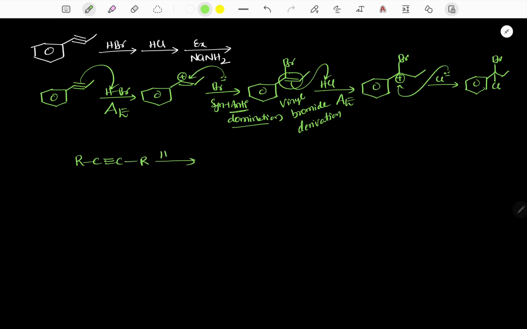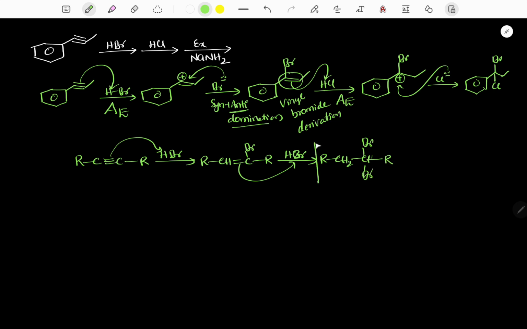When it is treated with HBr, initially it gives the corresponding monobromo compound. Again it reacts with HBr, and finally it gives the corresponding geminal product. So this is what we have studied from the NCERT point of view in our class. We get geminal. So in this case also we have taken similarly. Now our final product is treated with